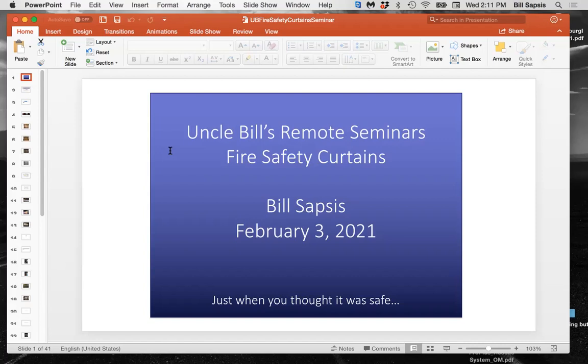Quick history on fire safety curtains. They came into their own big time here in the U.S. in the late 1800s, and following a lead from the U.K. And London in particular, the West End. London having some issues with fire every once in a while. They're pretty serious about their fire protection and firefighting equipment over there. So their fire safety curtains, which are called irons, as in iron,